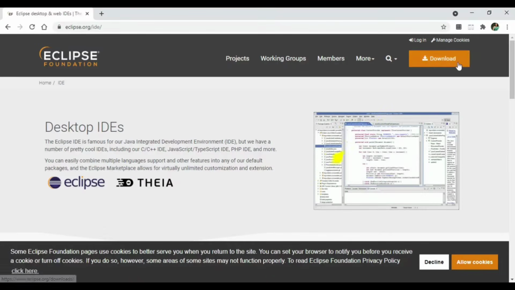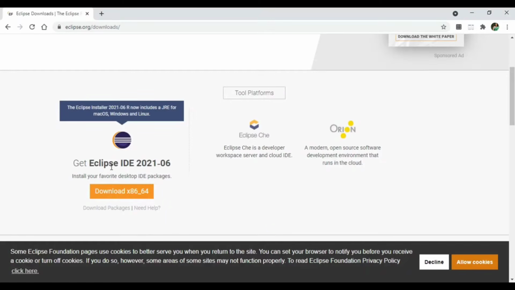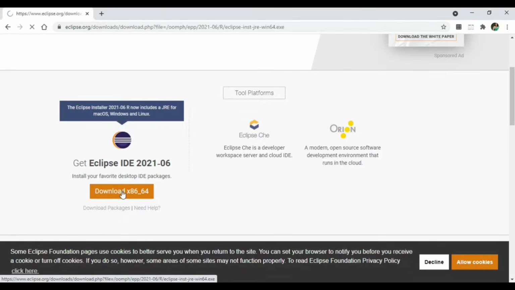Now at the top right you can see we have an option known as download. So just click on this download button, and now here it is showing Get Eclipse IDE 2021-6, which is the current IDE for Eclipse. And since my machine is a 64-bit machine, I'm going to click on this option.